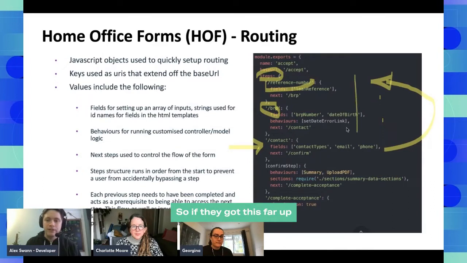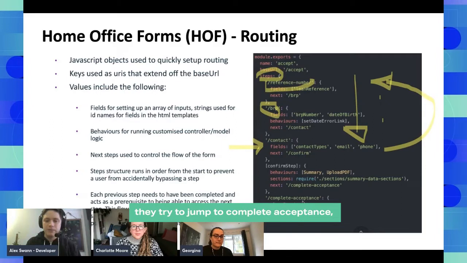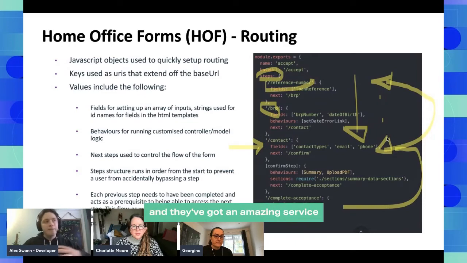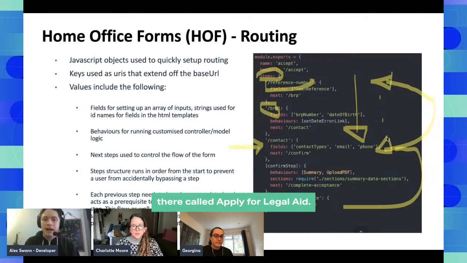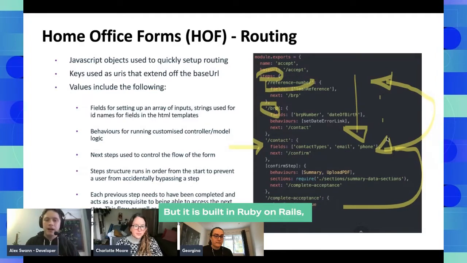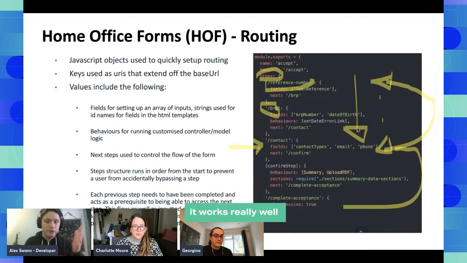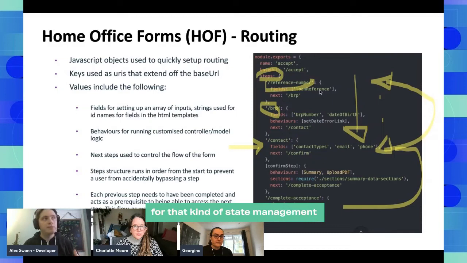So if they got this far, up until sort of BRP, and then suddenly they try to jump to complete acceptance, it would send them back to the contact page. That's really nice, because I worked at the Ministry of Justice and they've got an amazing service there called Apply for Legal Aid, but it is built in Ruby on Rails, and they need some rather enormous state machine to manage this kind of process, and pretty much 99.99% of the time it works really well for that kind of state management